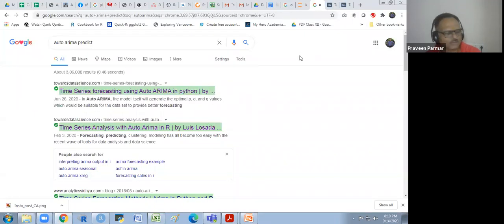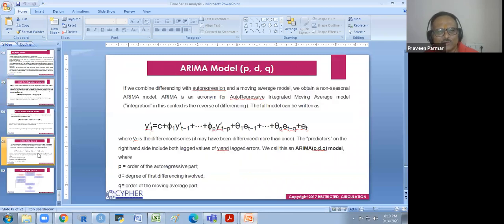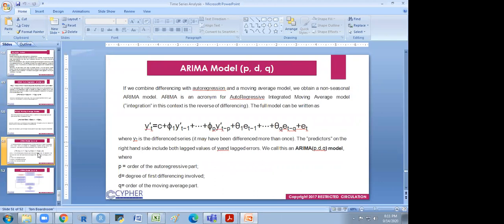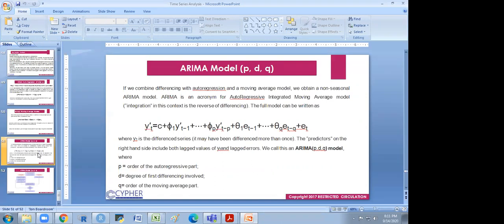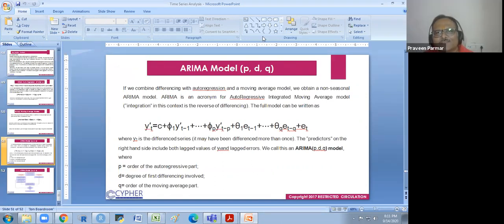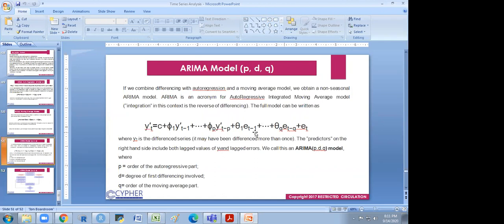Some chapters sometimes we don't like. This is the chapter I have not worked on and I always run away from this. No, sir, it's very complicated. I didn't have time, I have some other work, so I didn't give time to this particular topic. It's a very vast topic, time series analysis. So I run away from this topic. I just finish it. I just copied and pasted some from other places.